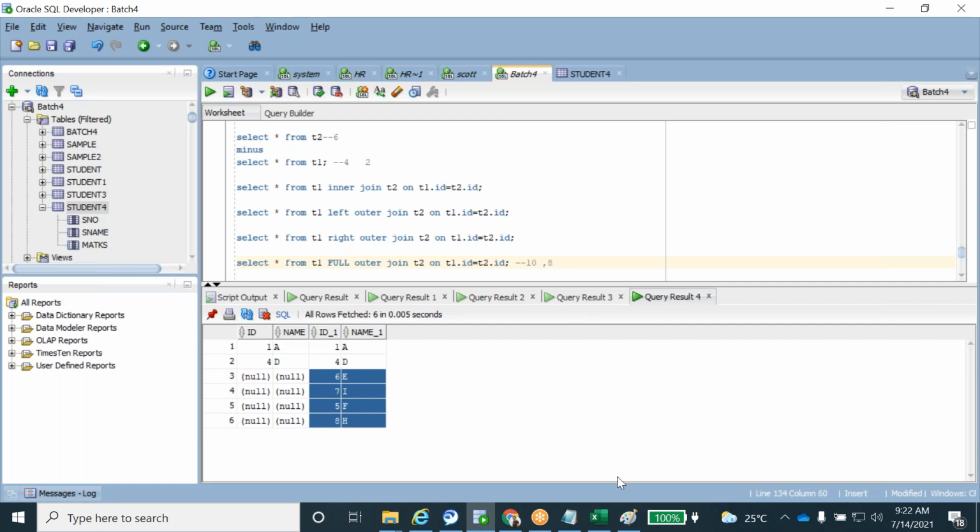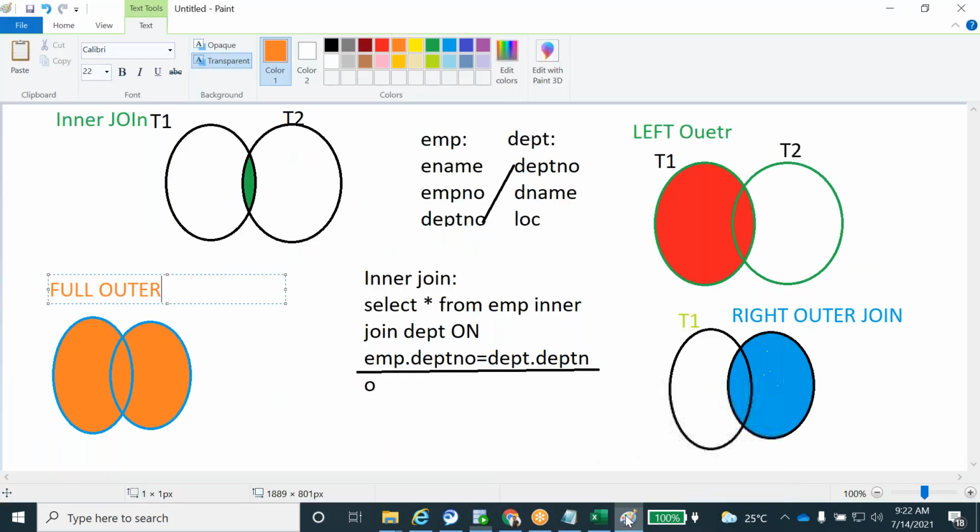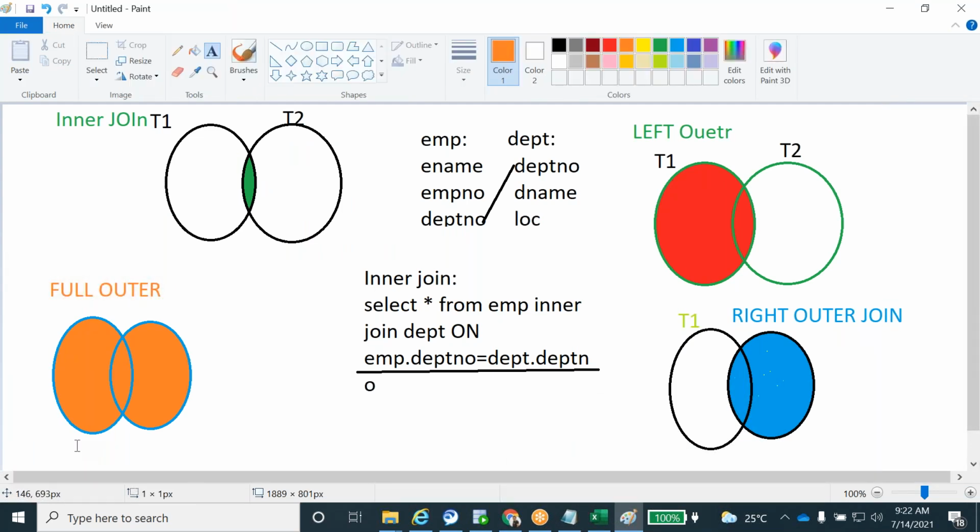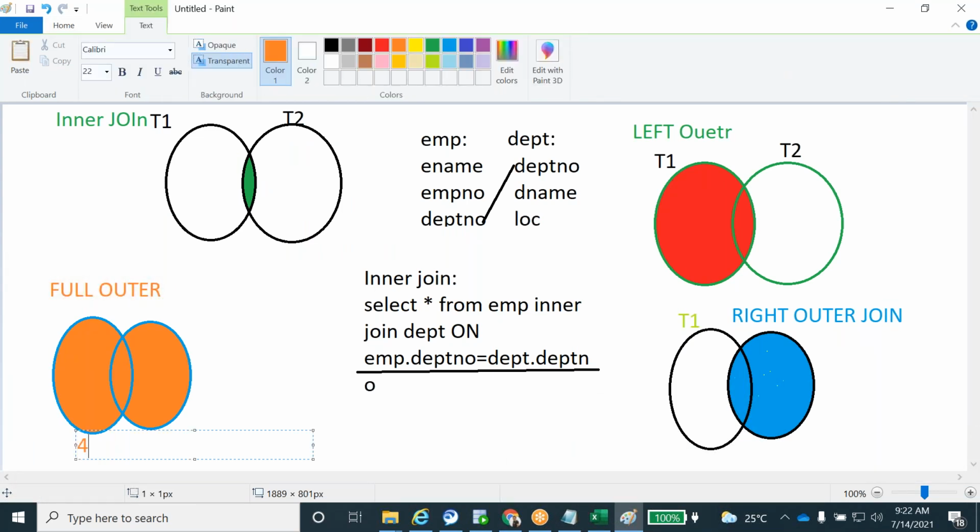So what are the matching records here? In table 1 I have 4 records, right? In table 2 I have 6 records, correct? The matching records, 2 records are there, correct? First it will display the matching records, 2 records.